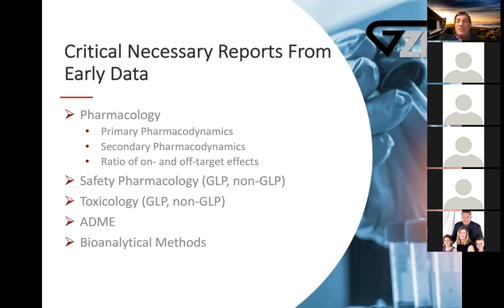So what are critical necessary reports from early data? Primary pharmacodynamics. You have a target. How does the product interact with that target? How does it work in an animal model of disease where that target exists? Secondary pharmacodynamics. What about off-target effects? Off-target effects can have 2 outcomes. One is that you can have a fortuitous effect on another pathway or another target, which might give you greater efficacy. The other off-target effect is you can have pharmacodynamic toxicity because of off-target effect that does nothing for your primary efficacy. So the ratio of on and off-target effects is important in the reports that you generate and submit